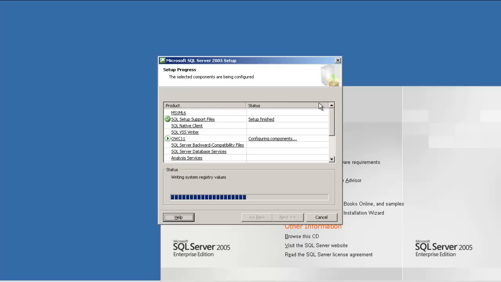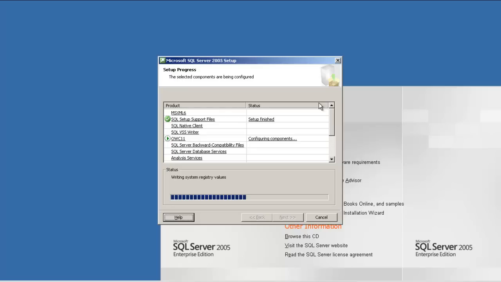Usually, most people would be installing SQL Server Express Edition or Development Edition. The Enterprise Edition and the Development Edition are the same. There are no feature differences. The only thing is that you cannot use the Developer Edition for production purposes.